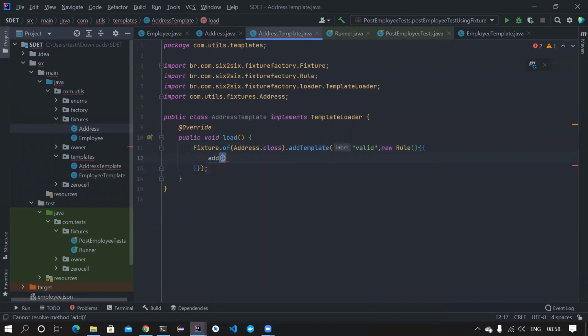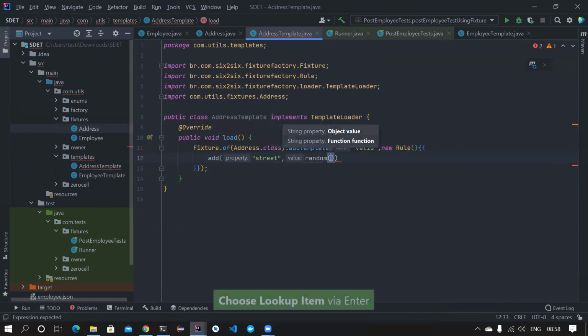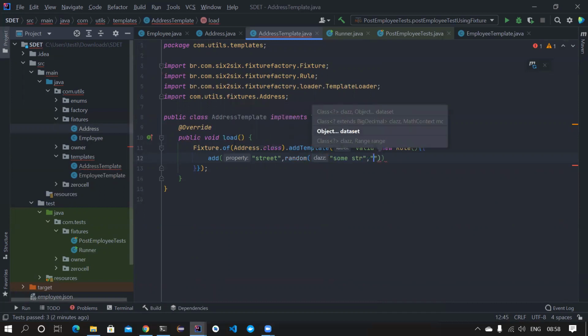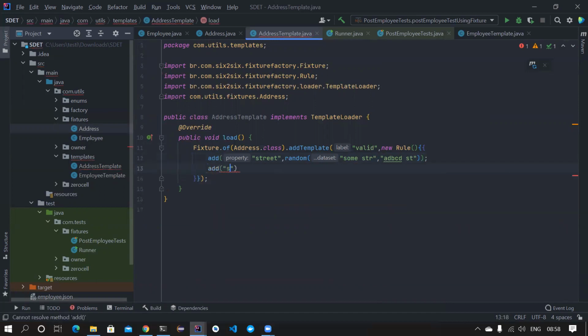Here I'm adding a street. The street name is basically some street, or I want to define it as a random value. Again, street name also you can generate using Faker, but for now I'm giving some street here, ABCD street. It will generate from here. And also you can generate city. The city is basically a random value of, let's say, Chennai, Bangalore. Okay, this is what we want.